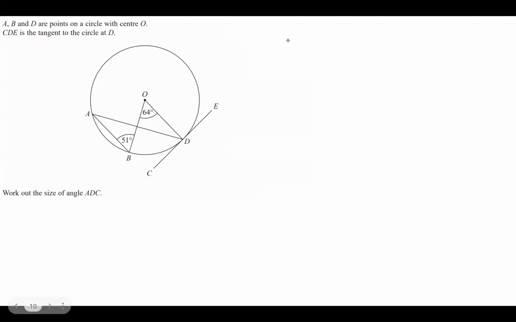It says work out the size of angle ABC. So we are looking for angle ABC, which is over here. Now, once again, which circle theorem do we use? Now, you might be tempted to label this as 51 degrees. Now, usually the question says the diagram is not drawn to scale, so we can't make any assumptions. But realistically, these two angles don't look like they are the same size, and we cannot use this circle theorem over here. So angles in the same segment from a common chord are equal because there is no